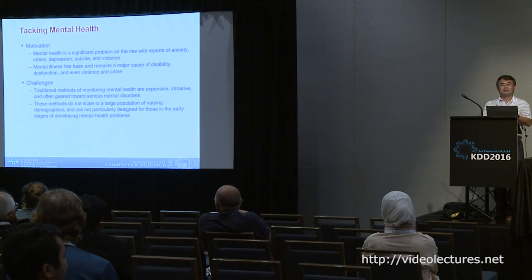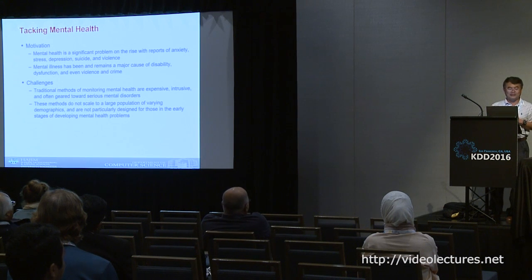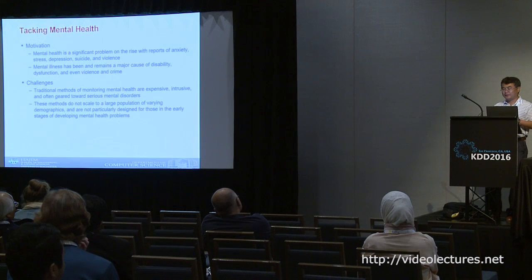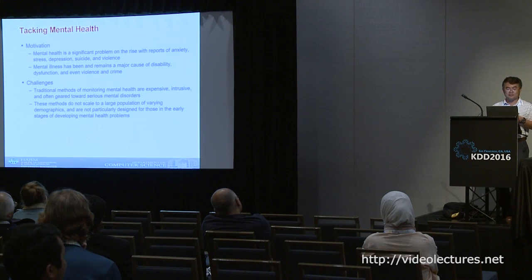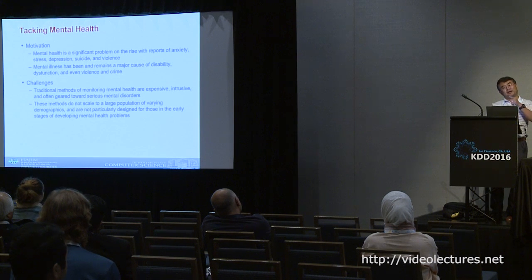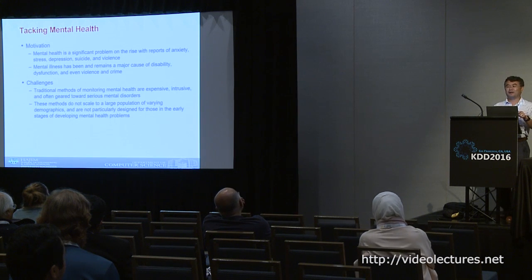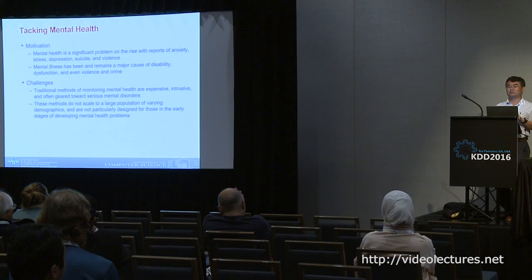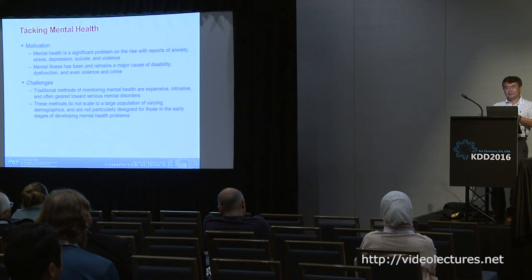So now that every other person has an issue, how do we deal with that? It turns out the current health systems cannot handle it, because mental health is a problem that you cannot just do a test and figure out. You cannot test the blood or do an MRI or CT and say, okay, this guy has a mental problem. The method is actually quite expensive. You have to talk to a shrink, and then after half an hour or an hour, okay, I think you have issues. So this is not a scalable approach.